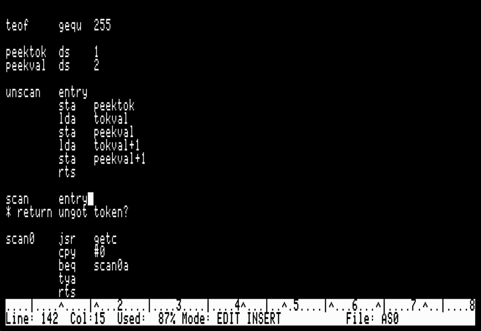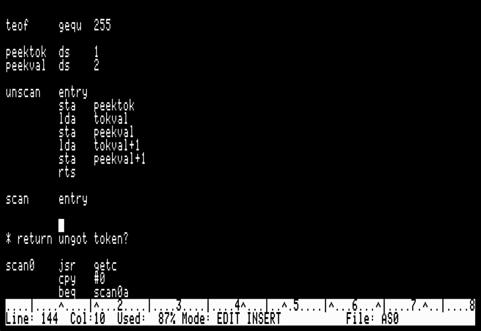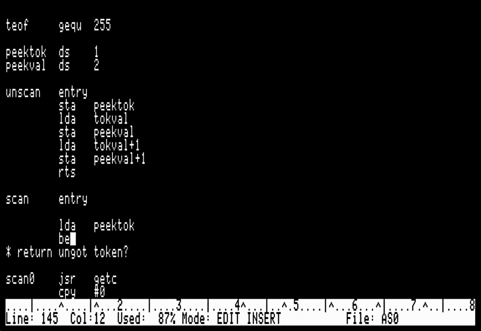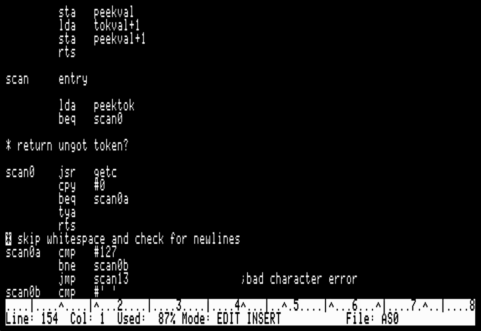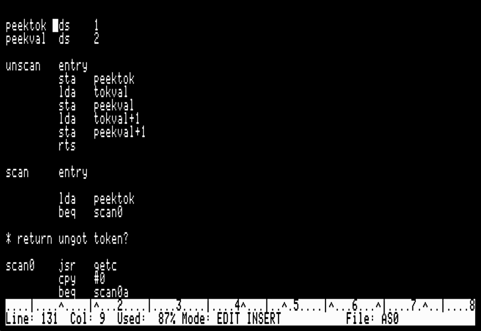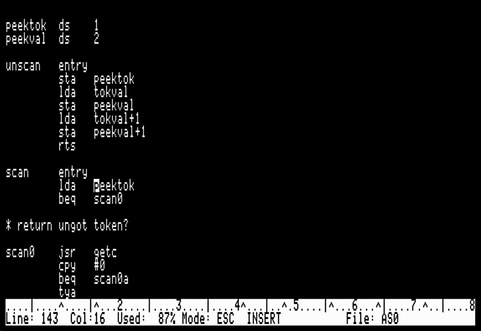And now what I do here is I say load peak toke. If it is equal to 0, go to scan 0. So in other words, if no token has been put back here, this will be 0. Like when this is all initialized to 0, so when the very first time I call scan, it'll look here, it'll say, oh, it's a 0. So just go to here and act as usual. All right, if peak toke is not 0,